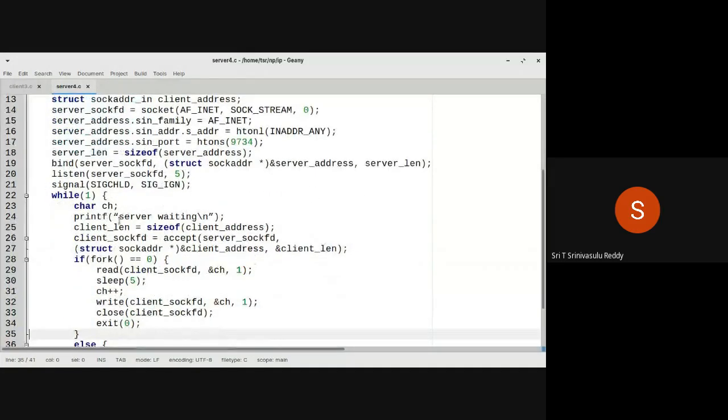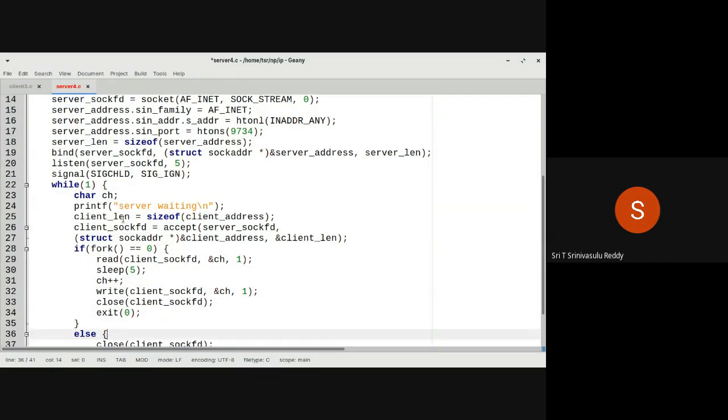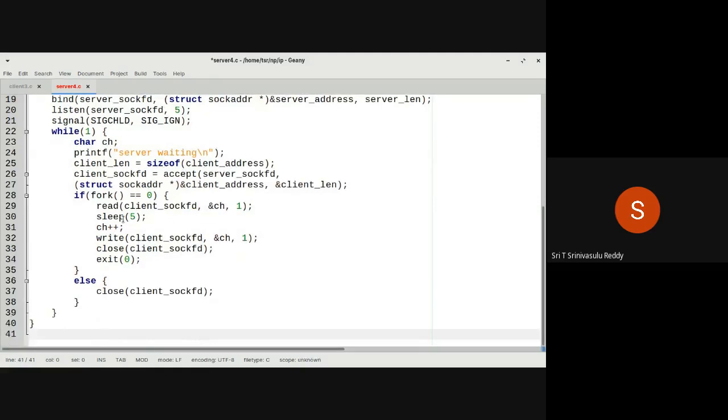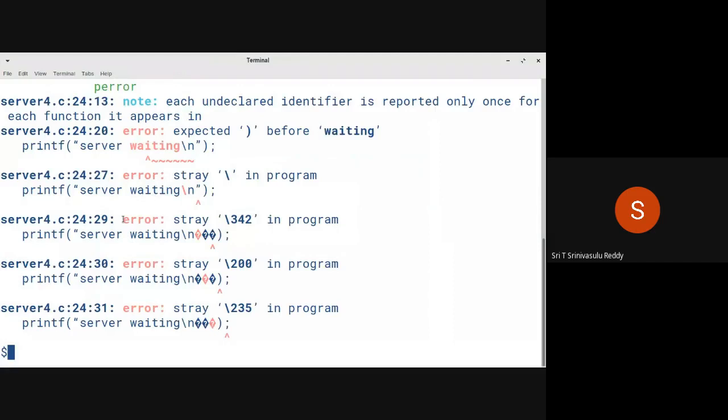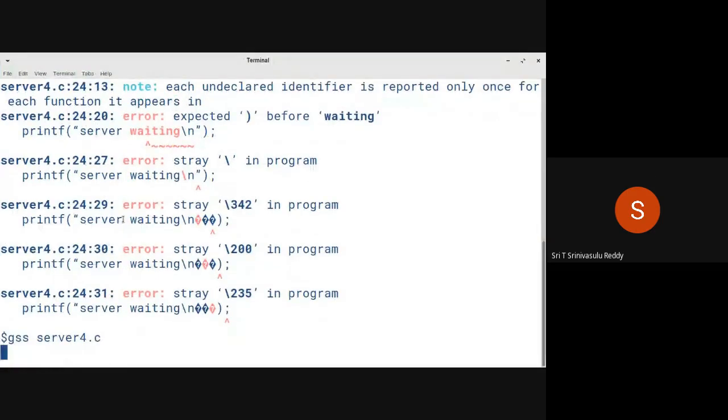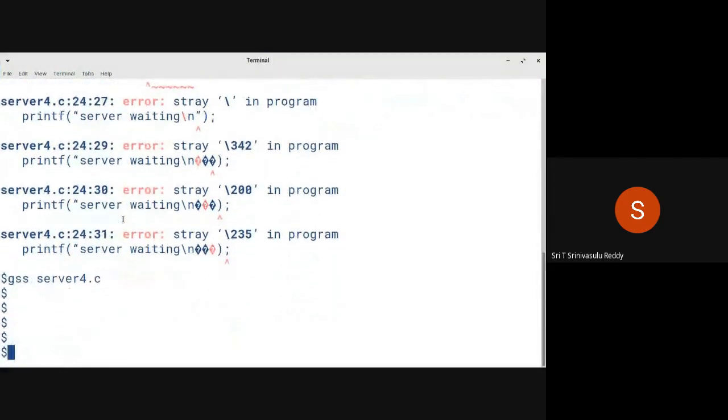So here, this is the one where you find a different character coming in. And any other place, nothing. So this is the only thing. So save it, come back to this. Right, so this is taken care of. Now copy a.out into server 4.